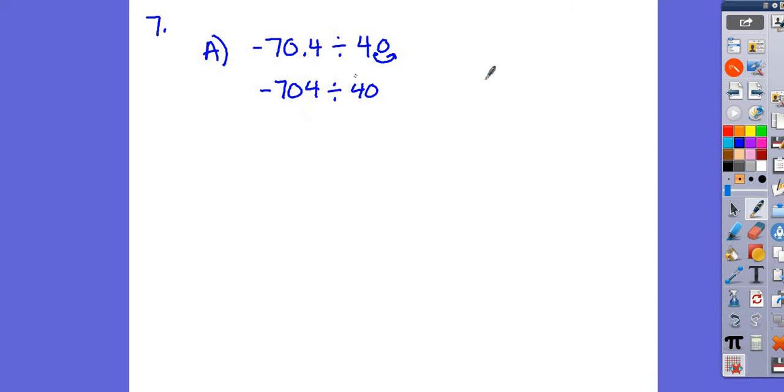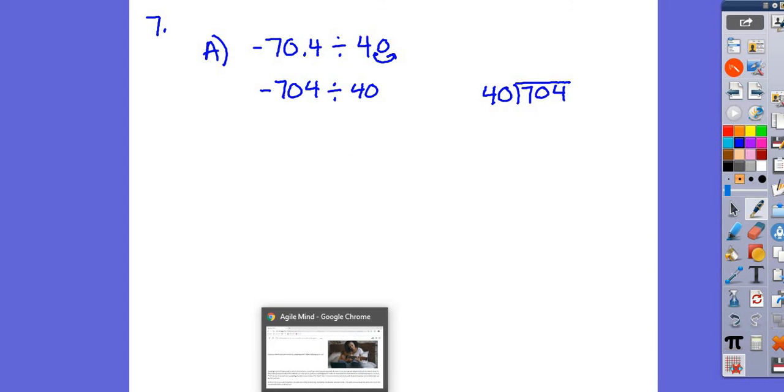Now I have no decimals, so when I come over here and divide without a calculator like I'm supposed to, I get something a bit easier to work with. Instead of dealing with the decimal here, I can divide like that. So you'll continue on number 7 for your homework. But first, we're going to go back to problem